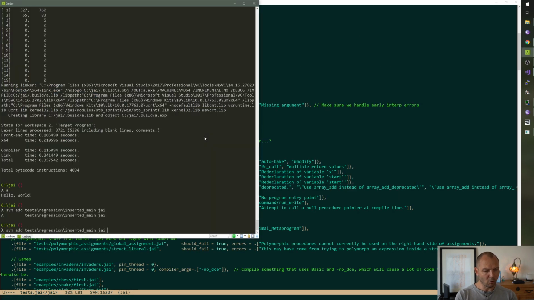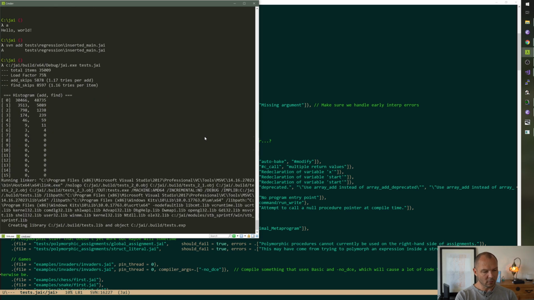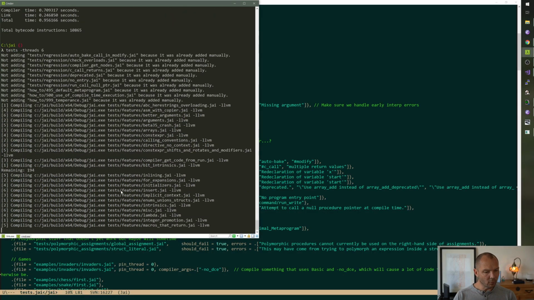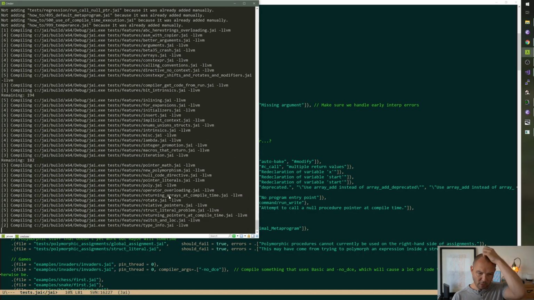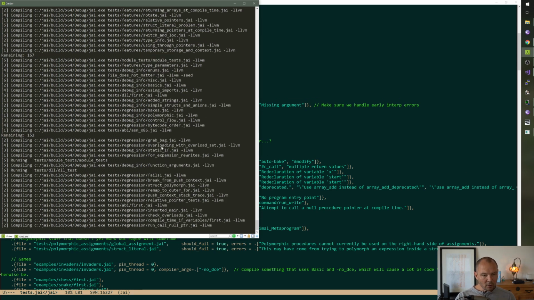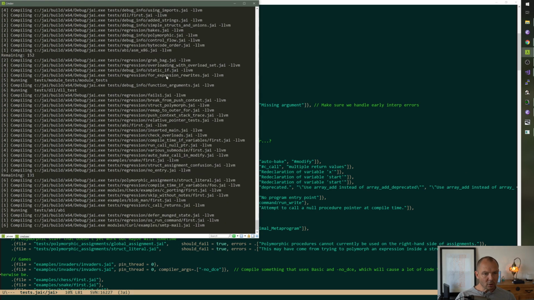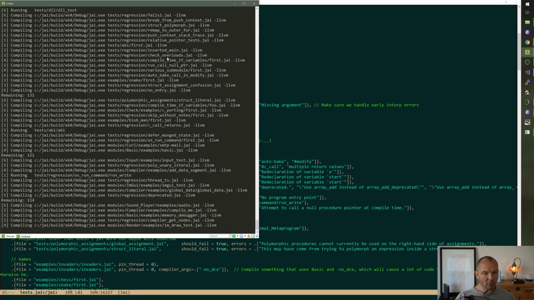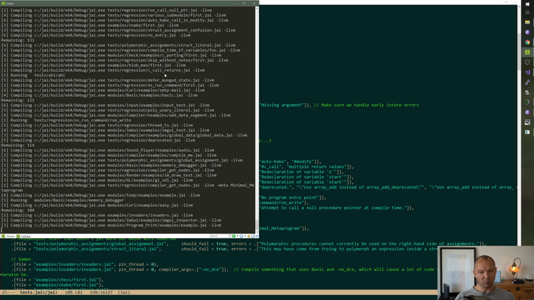All right, so when we do regression, we should see it go by. We're running LLVM this time, so it's slower. Test regression inserted main. There we go. Didn't fail.